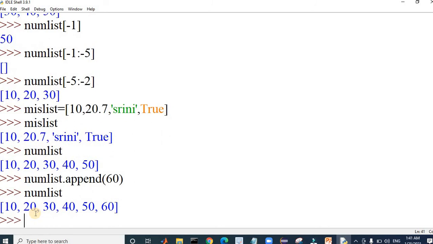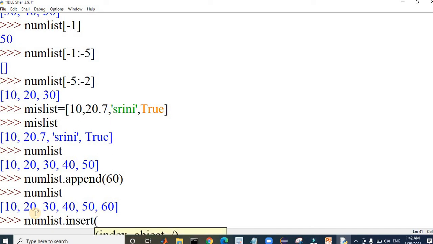What if we would like to append a value based on the index in between? For example, numList dot append, or here for this we can use the insert command.